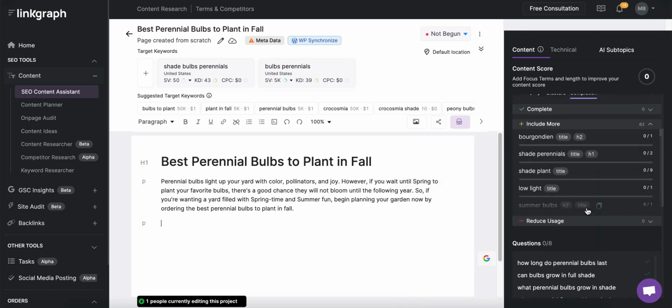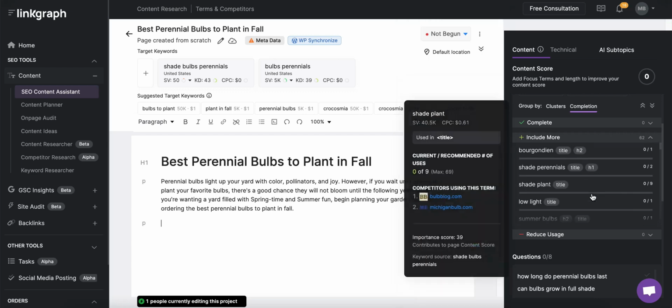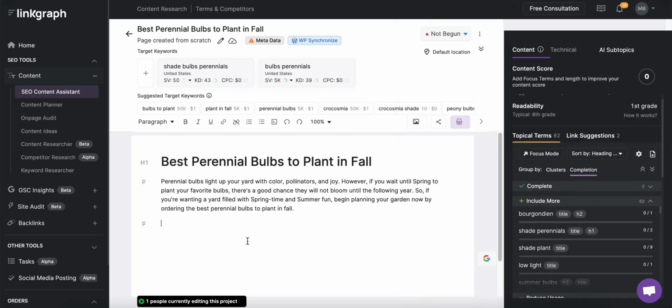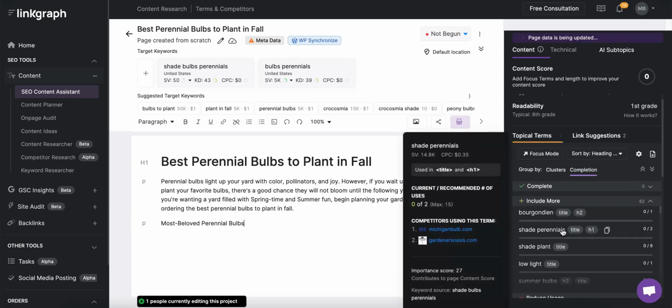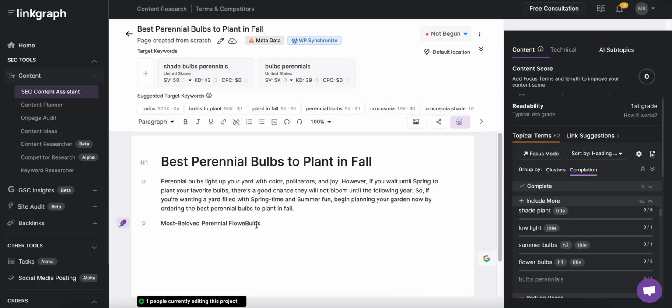Due to search intent, we believe that we're going to go with a list form of the best perennial bulbs to plant in fall. Luckily, we can use our AI to get us started. To do so, I'll begin with the heading for the section and then prompt the AI to create a list for me. The feather icon to the left of any line gives you the opportunity to get AI generated content